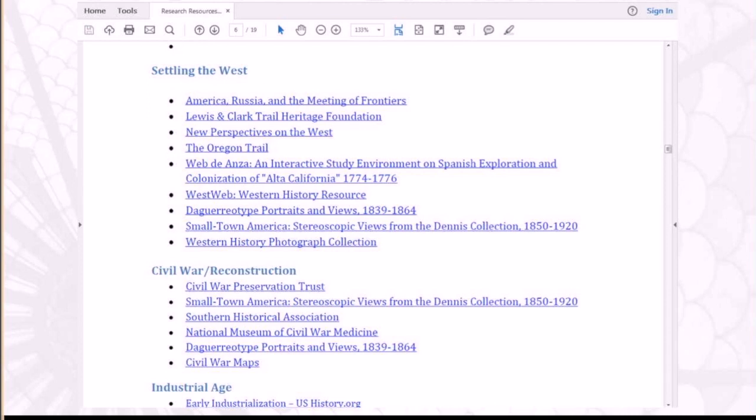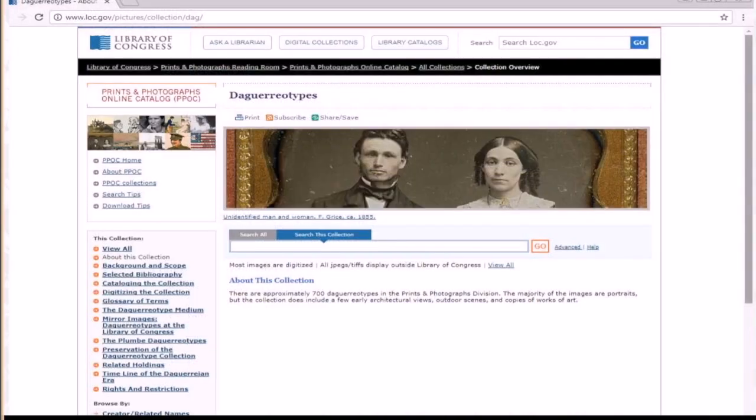So for example, we have a whole section on settling the West in the United States. If you scroll down there, you're able to click on one of the resources. We'll look at this one here. I like looking at photographs. They're my favorite of the primary sources. It'll take you to this Library of Congress website, and it has all of these pictures from the 1800s, and you're able to search through this collection by topic, by year, by the place it was taken, by the photographer who took it,